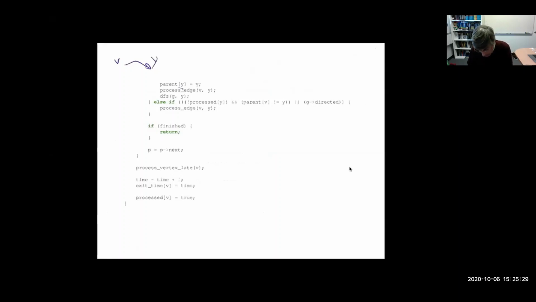And I now have a chance to process that edge. But what I'm going to do is start immediately doing my depth first search now. Remember, depth first search from a stack meant that we were doing last in, first out. The moment we discover a new vertex, we're going to interrupt what we're doing and start exploring down from that. And then, with a little bit of logic to make sure I don't visit the edge twice,